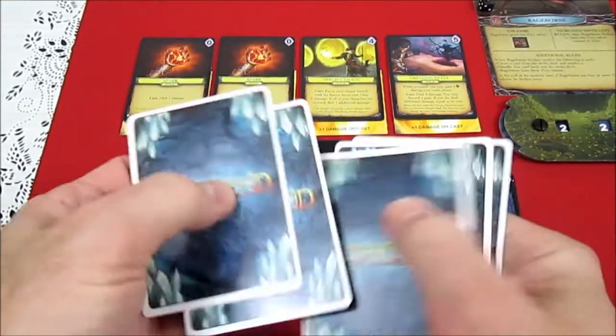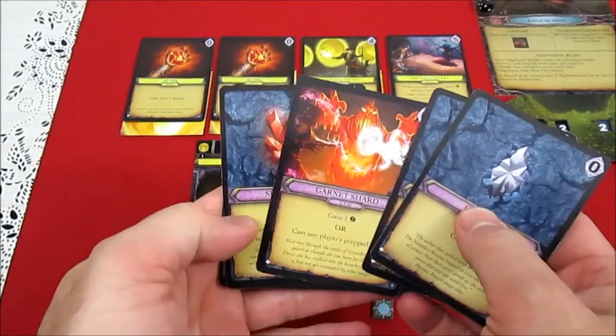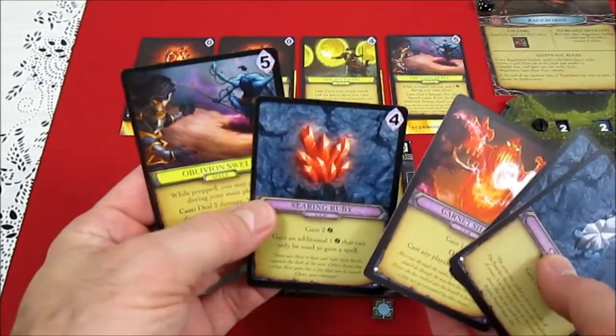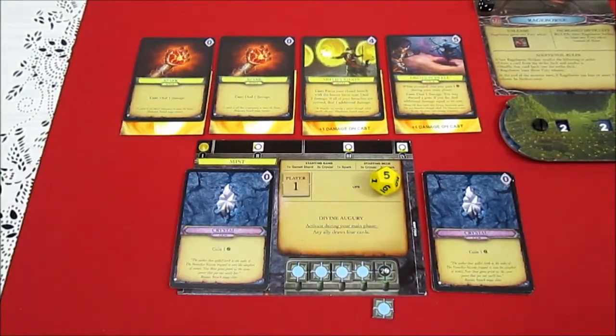And let's see, 1, 2, 3, 4, 5 cards. And she gets a crystal, garnet shard, Searing Ruby, and Oblivion Swell. Oh, this combination is excellent. All right, I think we're doing okay, but